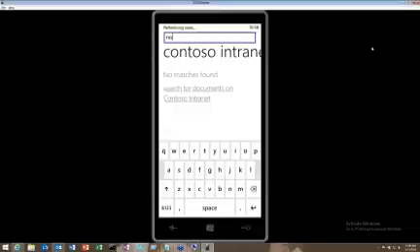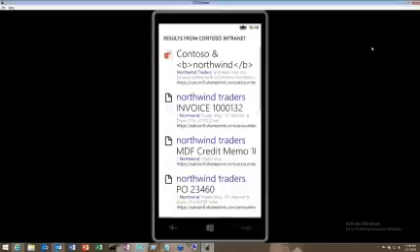The other thing I may also want to do is send out a flare, leveraging Yammer. One of the things we can also do is check on Yammer to see if we have any groups on Northwind Traders. We do have a group here on Yammer, and I can easily just go in here and say,